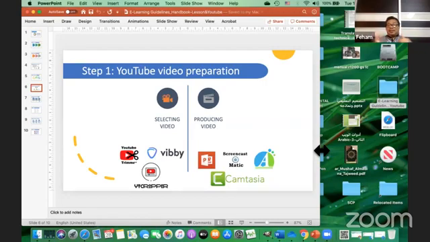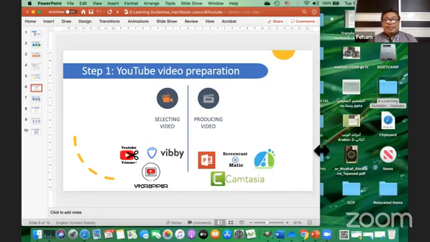So it can be done that way. You do selection of the video content. What I'm going to do today is select one YouTube video and then divide that content into several parts using a tool called VB.